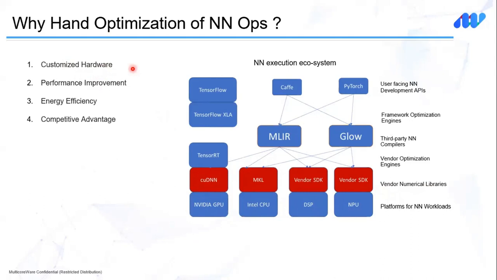Next is the performance improvement that we get. When we hand tune the numerical libraries, we can fully utilize the hardware specific features, and we can try to reduce the redundant computations involved and increase the parallelism wherever possible. This obviously results in faster processing times and improved overall performance. And next is saving energy. Since there is a performance improvement with hand optimization, the energy consumption can also be reduced, resulting in more efficient use of the resources available, and it certainly lowers the cost.